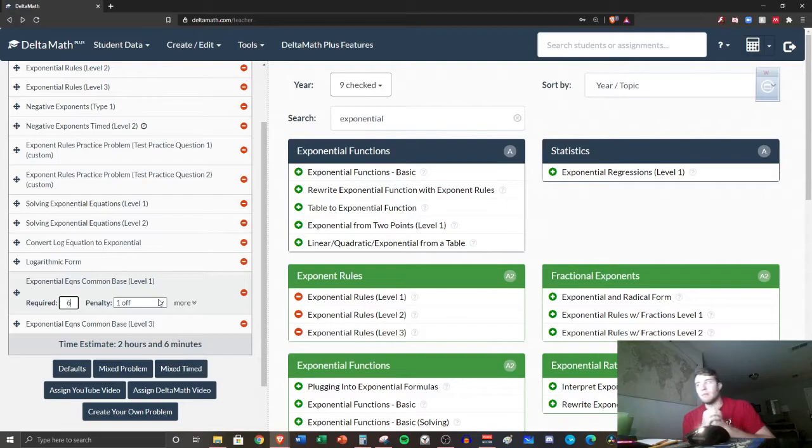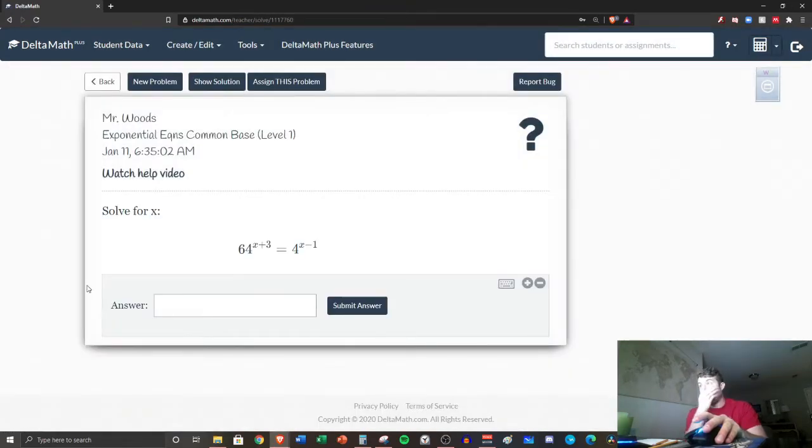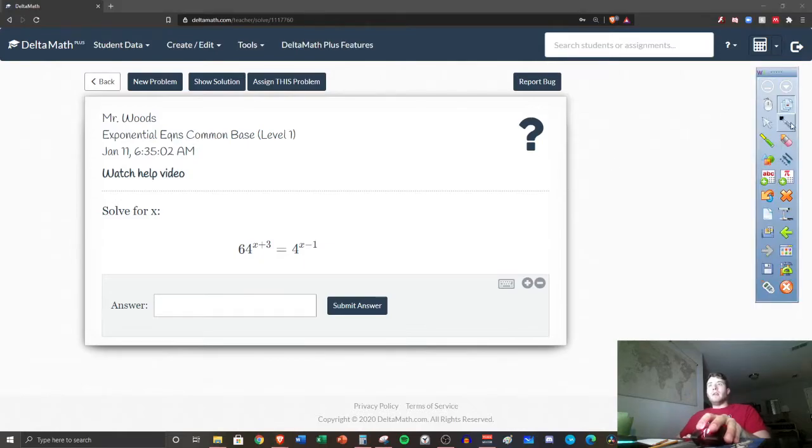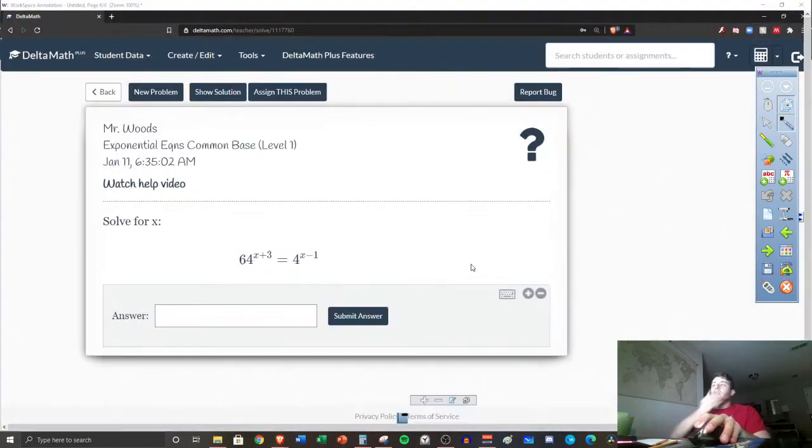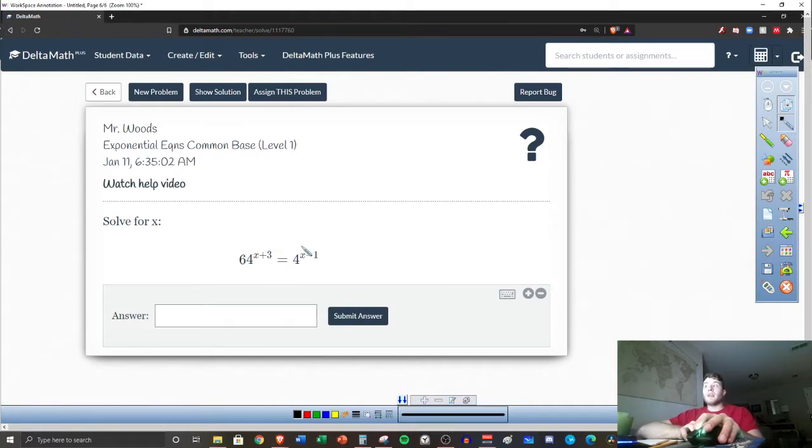This is going to be the last part of this video, so this is going to be a pretty brief video, ideally. Exponential equations with common bases. Okay, so I want you to check this out. This is using a little bit of those exponent rules, and for these problems you're not going to be using a logarithm. The problem with it is that both sides have exponents, but there's a reason they call it common